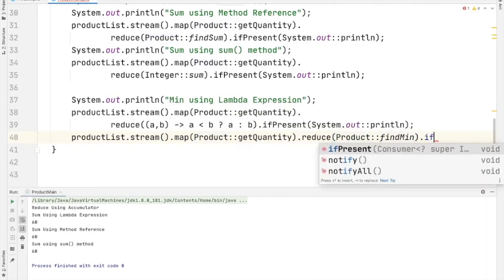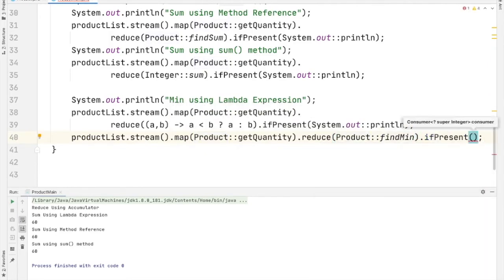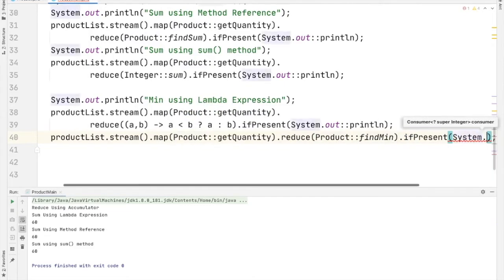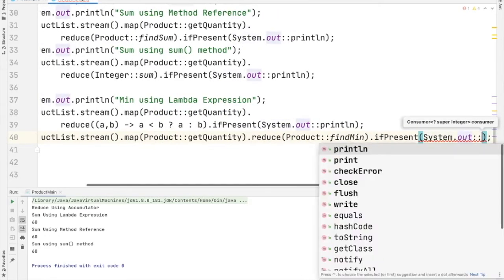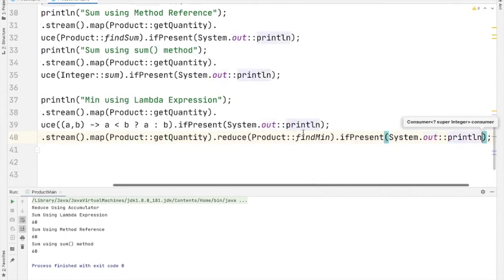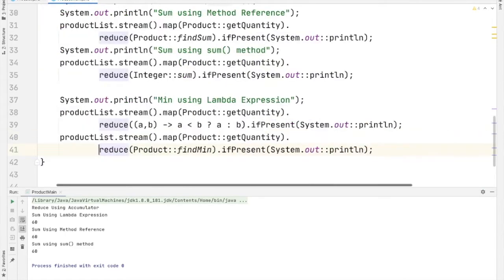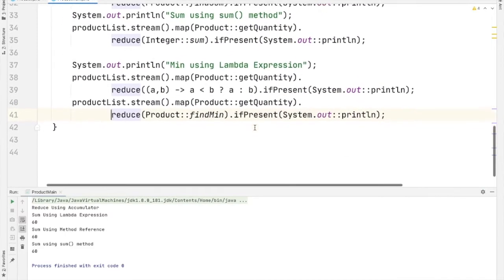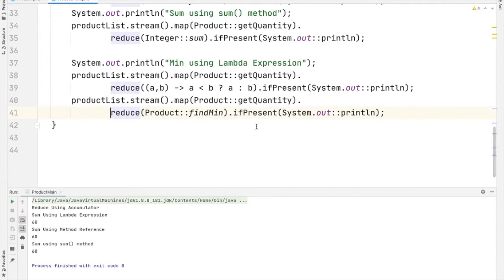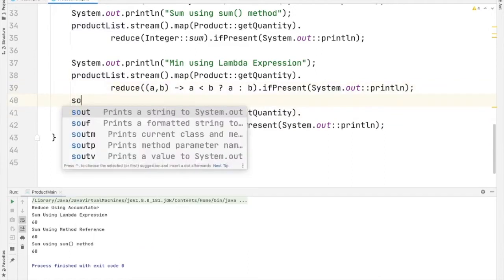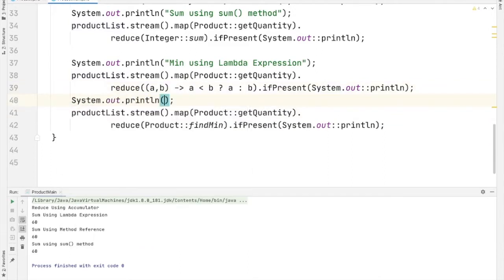Then if this result is present, then we'll print the result. System.out::println. So this is using method reference. S out, min using method reference.